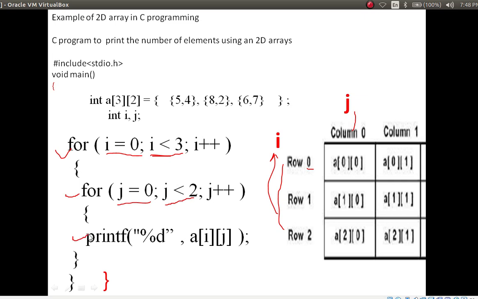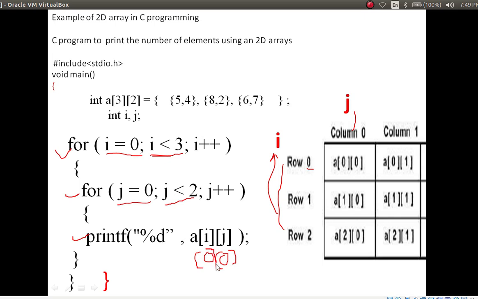Execute the statement: printf %d. Then we have to fetch the values index-wise, with the row index and j index, with the help of the array name. It is going to print your values. If I write here a of 0 and a of 0 and j of 0, what output will come?